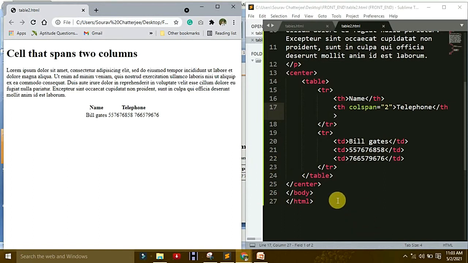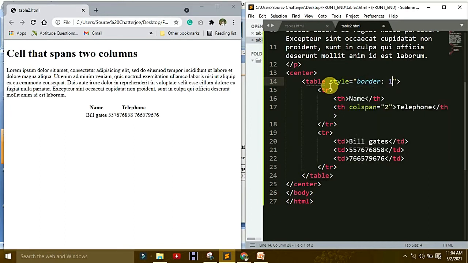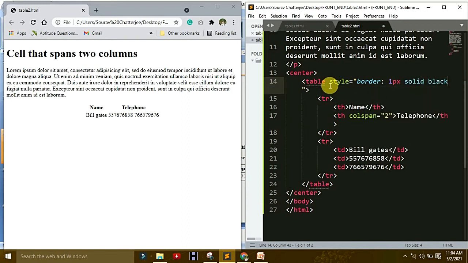After that, on this table tag, make a style: border 1 pixel solid black.